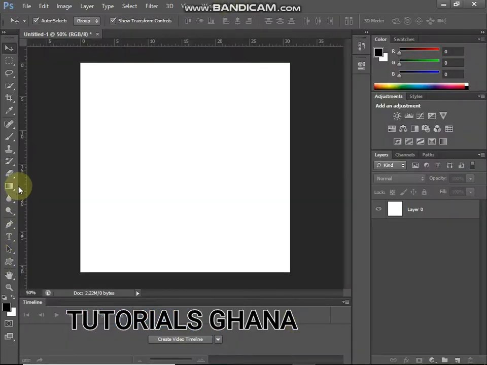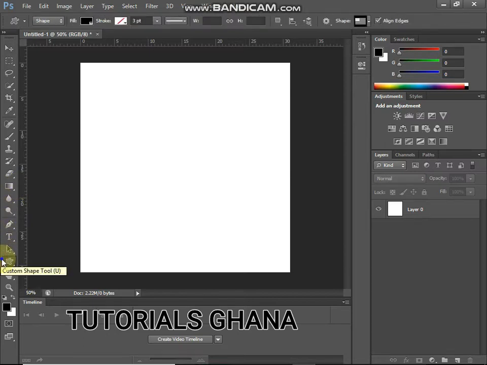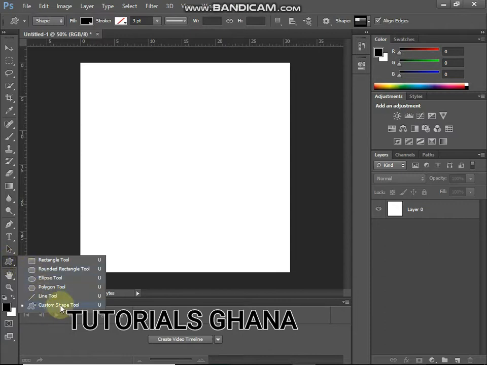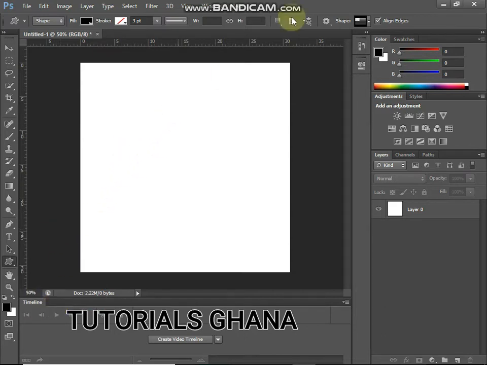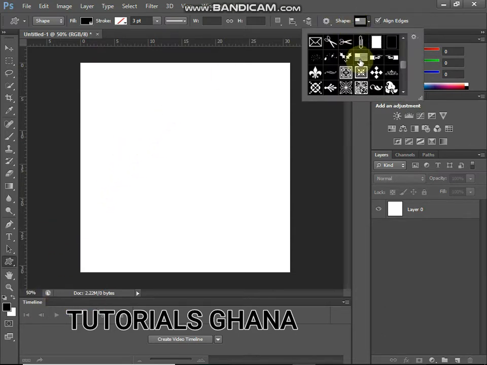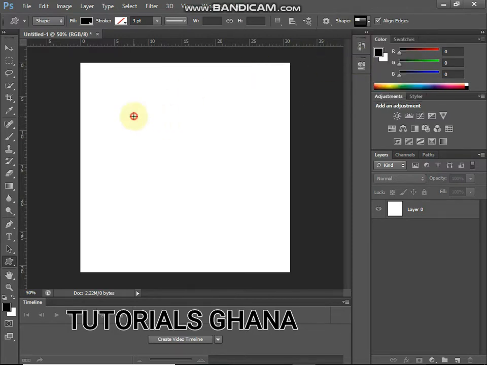Open Photoshop, and after entering Photoshop, you select your paper. After selecting your paper, you go to the shape tool. After clicking the shape tool, you right click it and select the custom shape tool. After selecting, you come here and select the US flag. After selecting the US flag, you draw